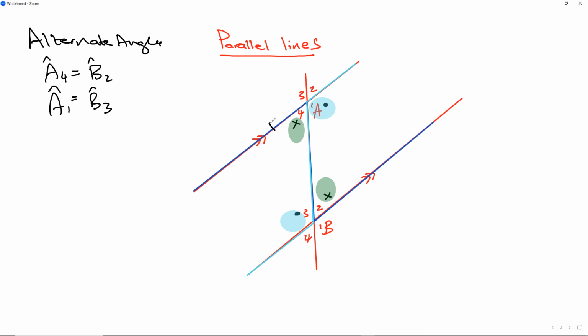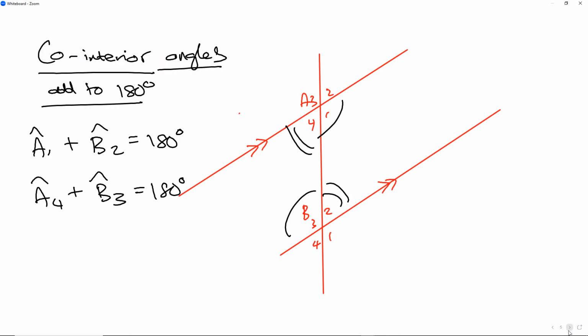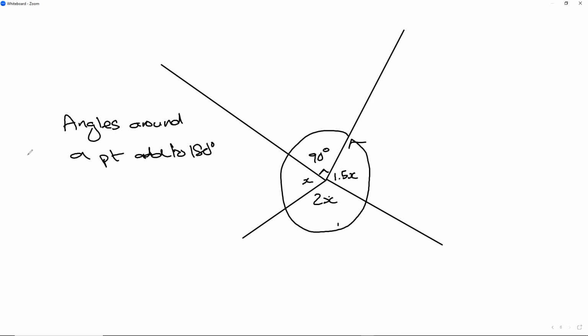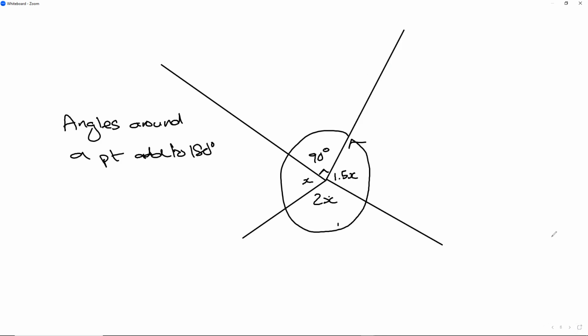180 is always, remember, on a straight line. Just to correct myself there, 180 is always on a straight line. And there are plenty of straight lines where you can actually see that. All right, those are the main rules around parallel lines. Looking at the next part now, this one over here, we've got angles around a point. All right, we can't go through this